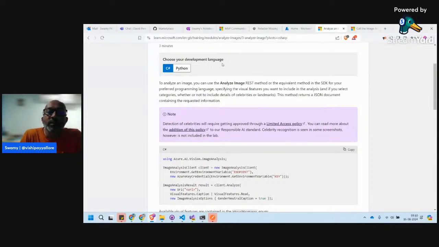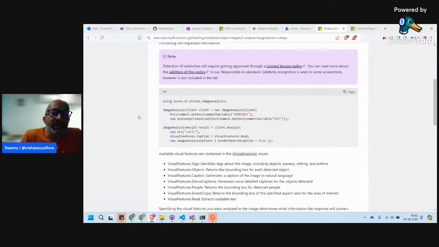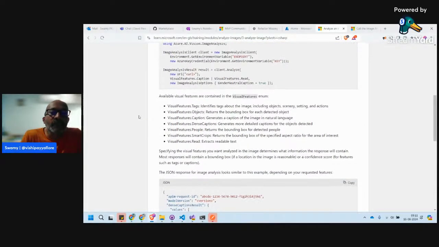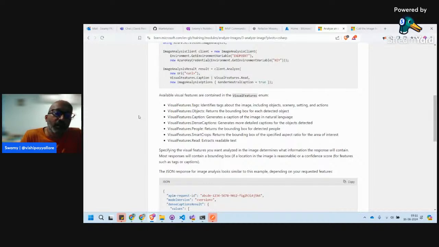Here we will do the image analysis, first starting with Vision Studio, then we'll learn how to do it with Postman or curl or any other tool with which you can make an API request to that service. And then we'll see a couple of flavors from the SDK, C Sharp and Python at minimum,